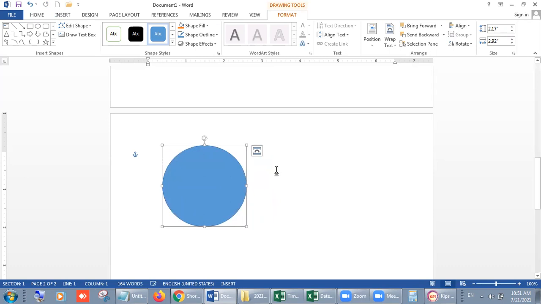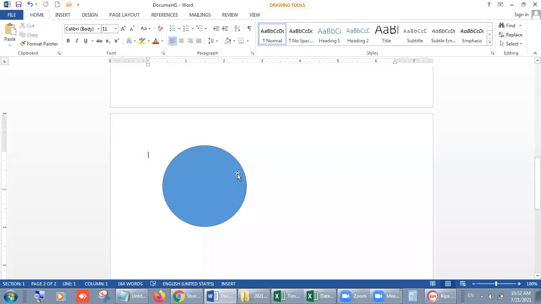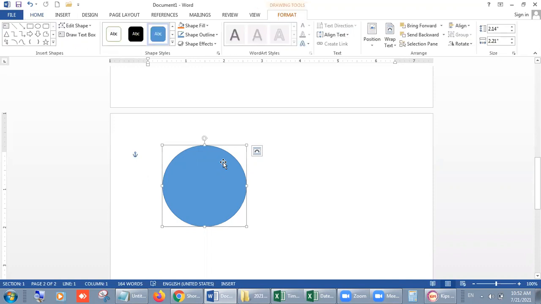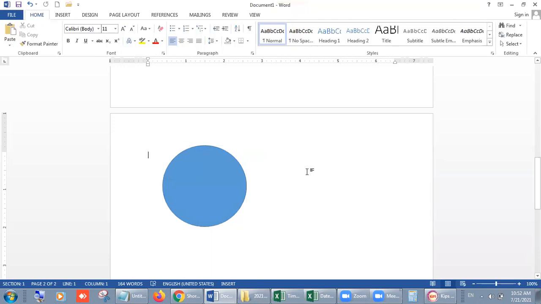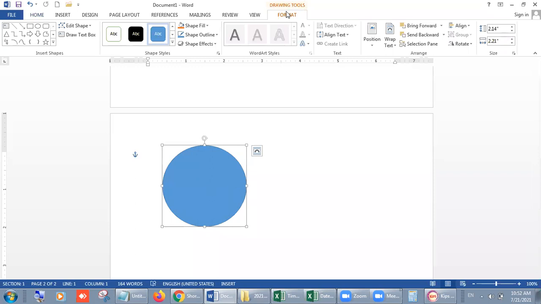Okay, but it is filled with color, and if you want to change its color, or you only want to draw a circle with lines, then you can do that also. Look, Shape Fill. This is the option. Look students, when we draw a shape or click on any shape, one more tab is automatically added after View. Look, when I click on it, the Format tab is automatically added. When you click anywhere in the sheet, not on the shape, it will disappear automatically because there is no need of that tab. But when we click on it, it will automatically come, right?